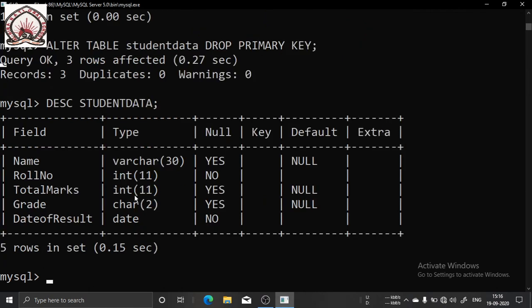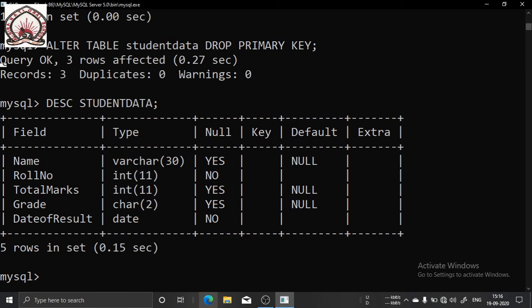See, roll number does not have the constraint anymore. You can see the primary key constraint is removed. This is how we can remove a constraint from any existing column.